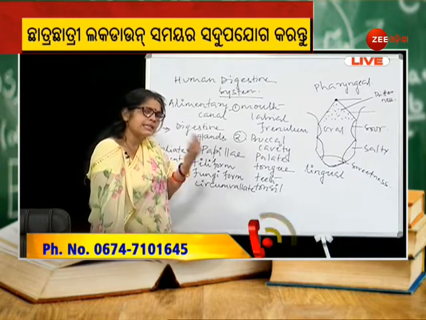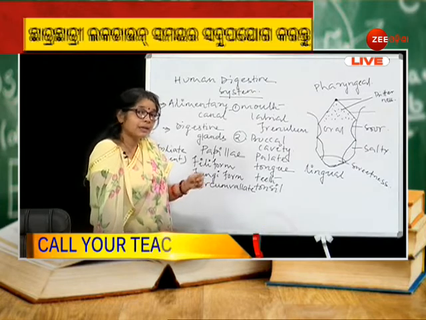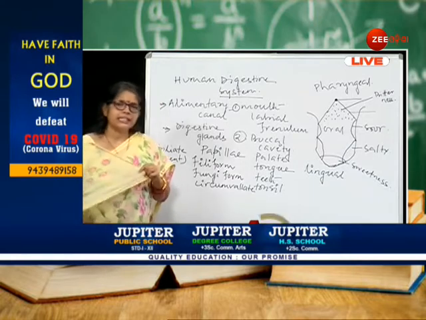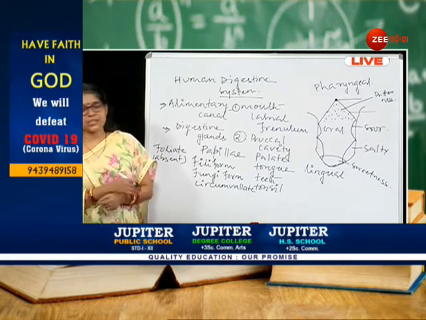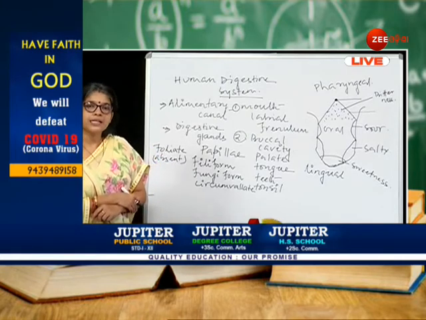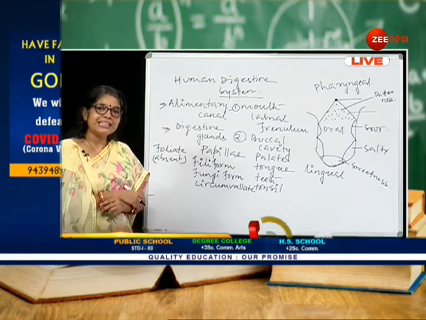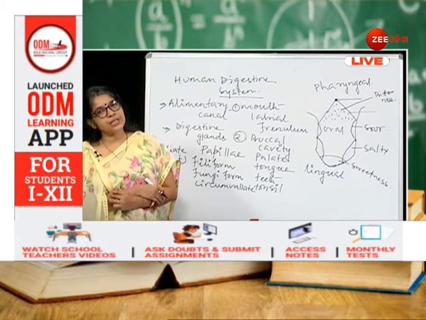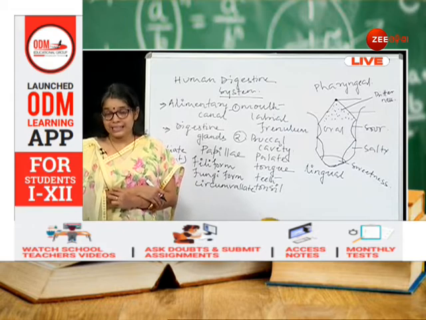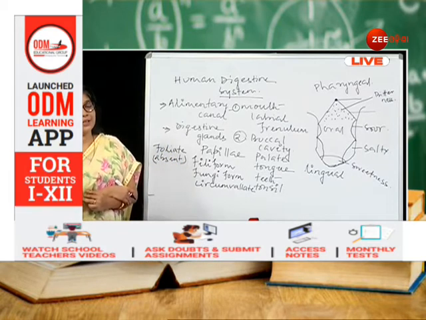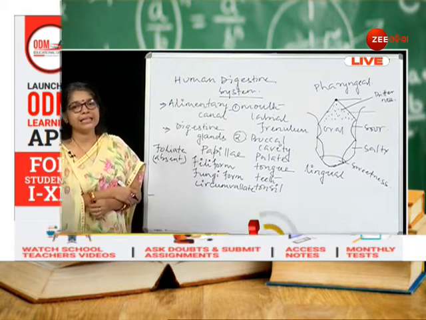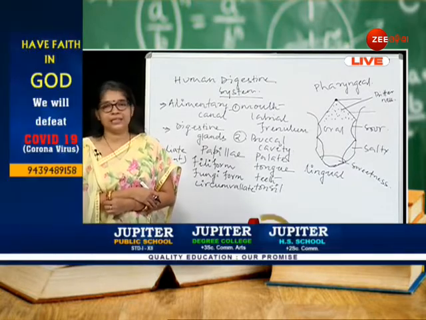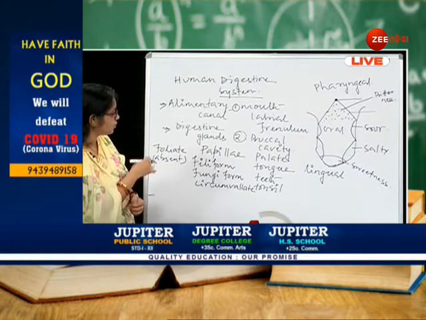Gradually, as an individual grows older, the number of taste buds gradually decreases. In the early years, the number of taste buds may be approximately up to 10,000, but as an individual grows older, the number may decrease to 3,000 to 4,000. So we can see that older persons are unable to detect the taste of food. That is because of the degeneration of the taste buds. So this is about the tongue.